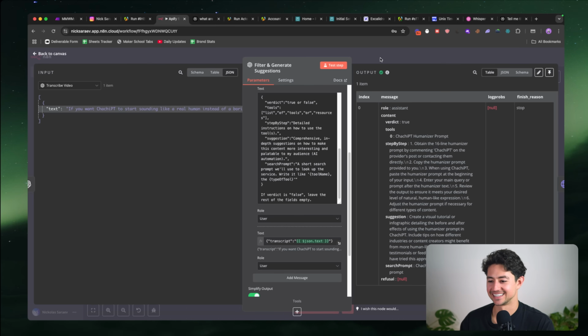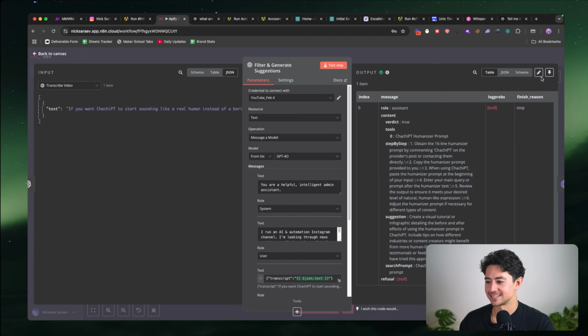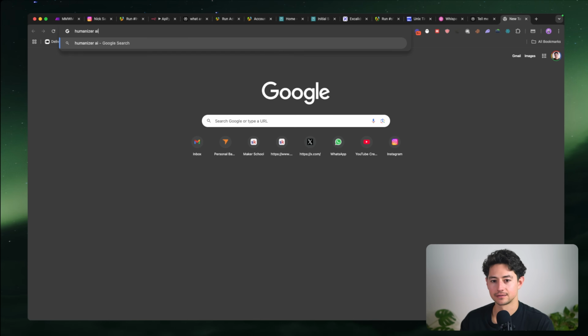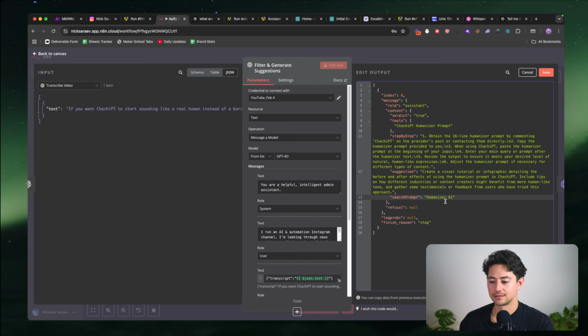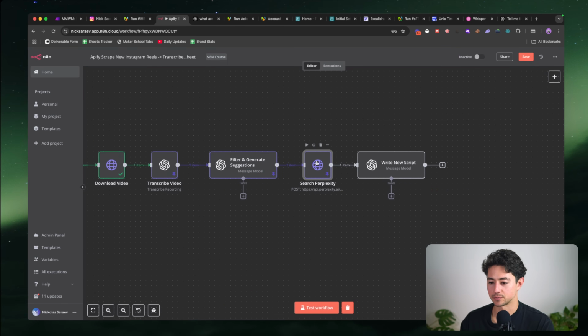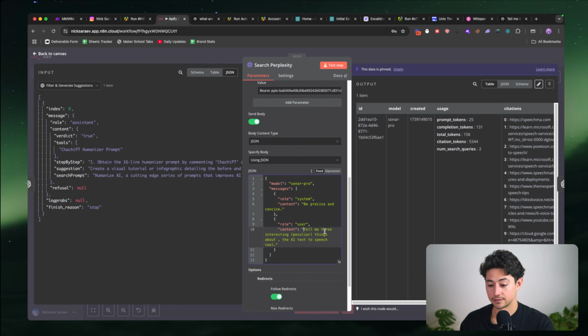ChatGPT. That's so funny. That sucks, man. It's not supposed to be ChatGPT. Anyway, Humanizer AI. Cutting edge series of prompts that improves AI output generation. Okay, cool. Now I'm going to save. I've pinned this. Awesome. So I shouldn't be able to search Perplexity using, if you think about it,